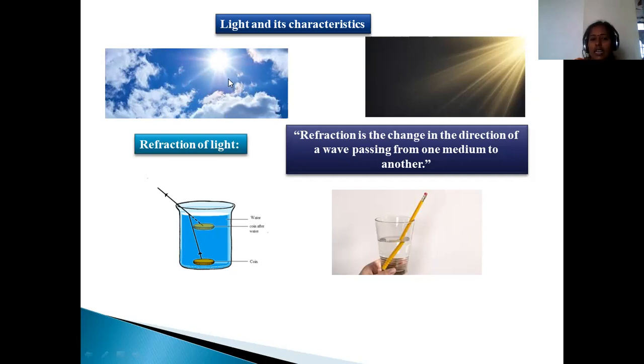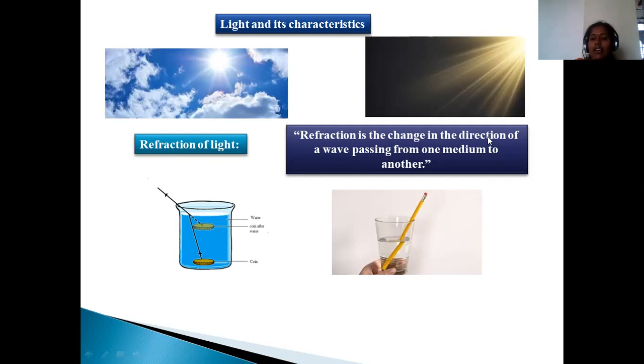This sunlight is available on the earth in various forms. Various forms of radiation are available. Now we are going to describe a few properties of light and how our eye is able to capture a certain region of this sunlight. In your earlier class, you already studied refraction of light.